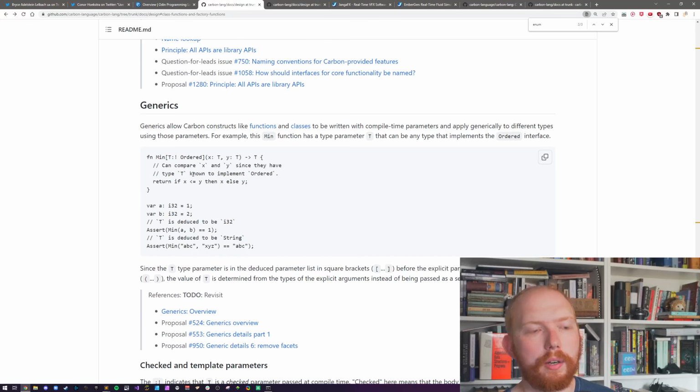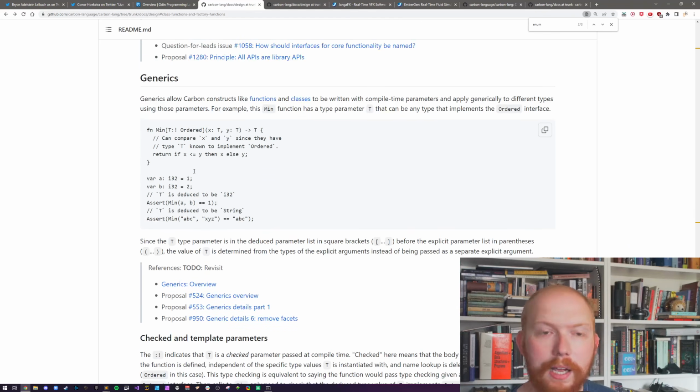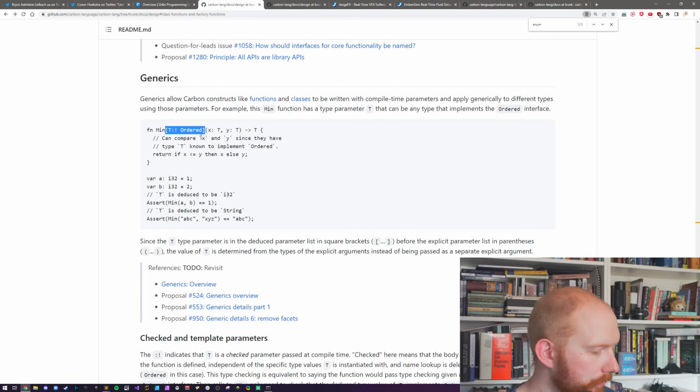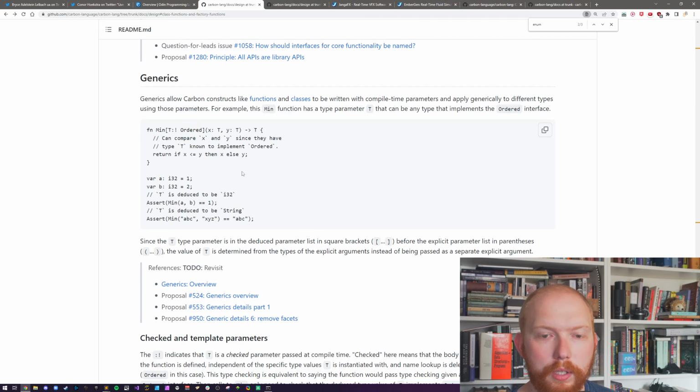Now it comes to the generics. We're nearing the end now. I apologize for this 1 hour and 10-minute long video. Yeah, okay, so one interesting thing they have here is the generics thing. They have these square brackets. This is very similar to the new Go approach, by the way. So they say, look, have a parameter T, and it must be ordered, is what you're saying. And if it's not ordered, you can't do anything with it.